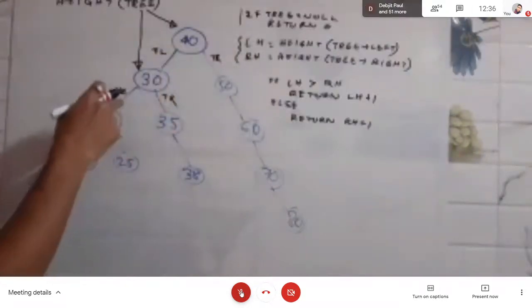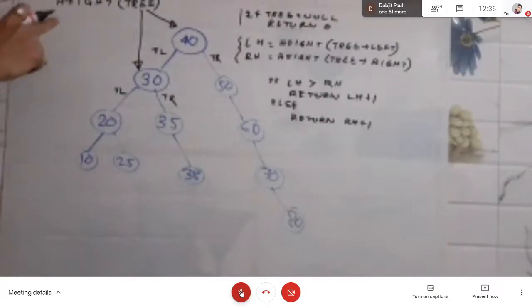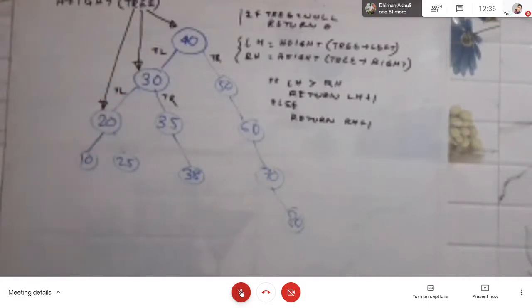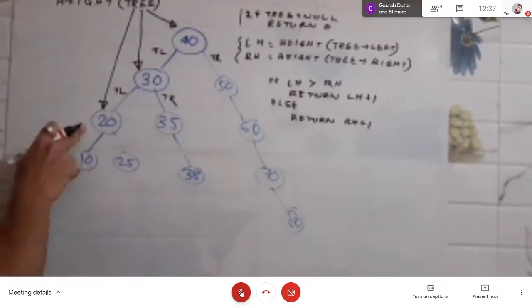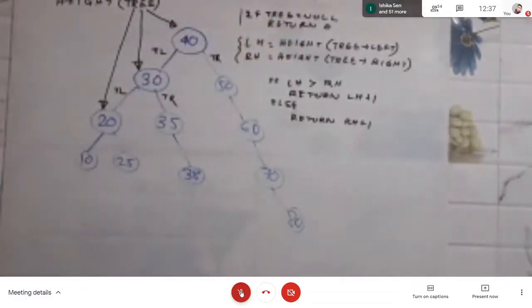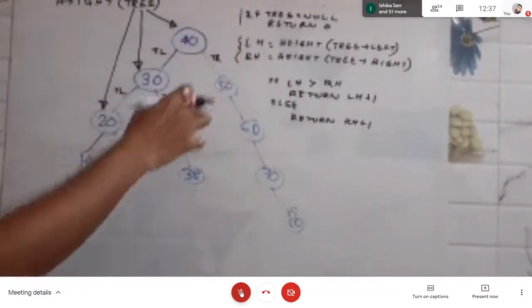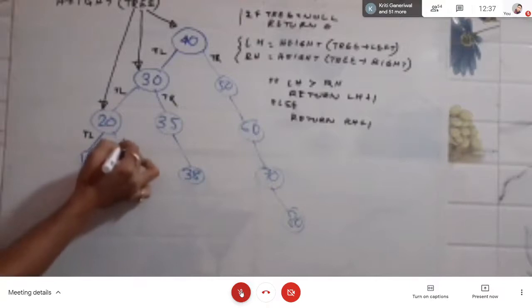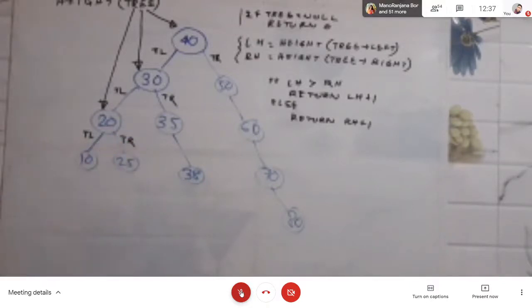So when it is calling tree left, it is actually calling the same function height. Now the tree value will be the value of 20. So sitting at 30, it will call the same function height, and now it will pass the parameter tree, which is equal to the address of its left child. Now at this part also we can check that tree is not equal to null. So it will again go to these 2 points, and 20 will call with its left subtree with the value 10, and later with its right subtree with the value 25.